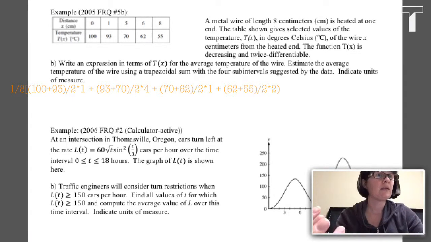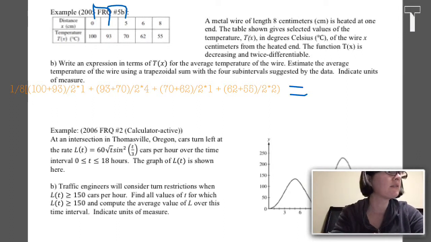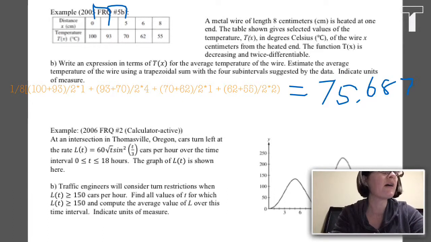I have 1/8, that's the 1/(b minus a), times the average of the first two temperatures, multiplied by the distance across the first interval, which was 1, plus the average of the second two temperatures, multiplied by the distance across the second interval, which is 4. I get this equals 75.6875. If you got 605.5, you made a very common mistake, and that's to use the trapezoidal sum to evaluate